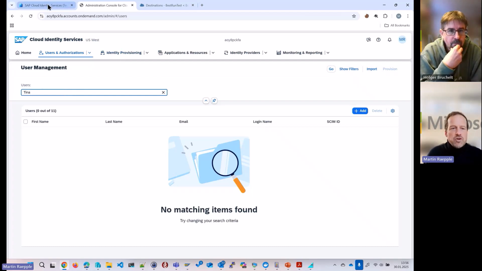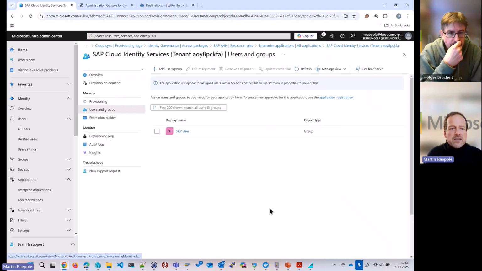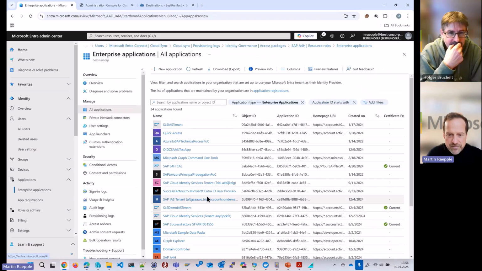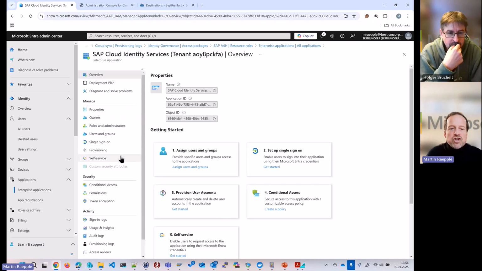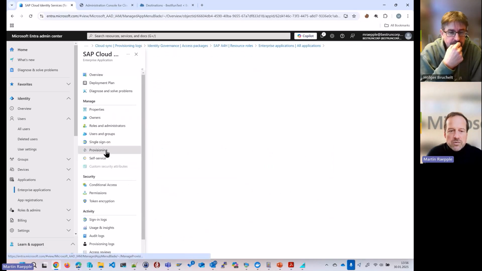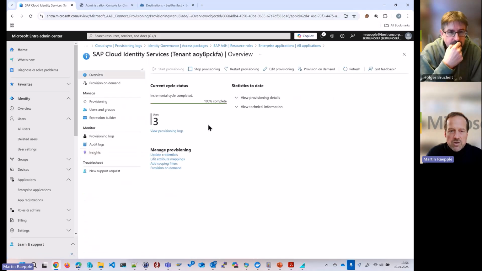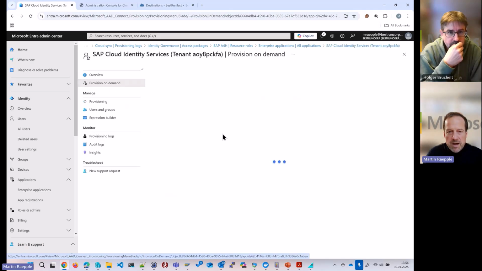Actually, let me show you also a way to speed up things. If you don't want to wait and you are really under pressure, you can go into your enterprise application for your provisioning scenario. Then under provisioning, you can provision on demand. Let me go in quickly here. So there is this provision on demand feature.